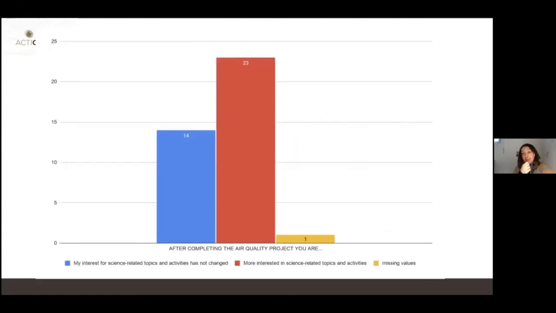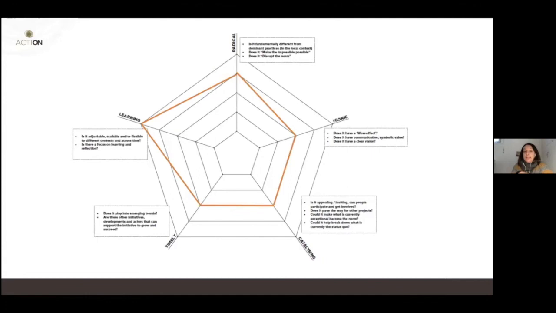Here again, as the teachers said, the students also say that after the activities their interest in science-related activities and topics has increased. And this is the transformative impact of the pilot. And you see the learning is the most relevant one.